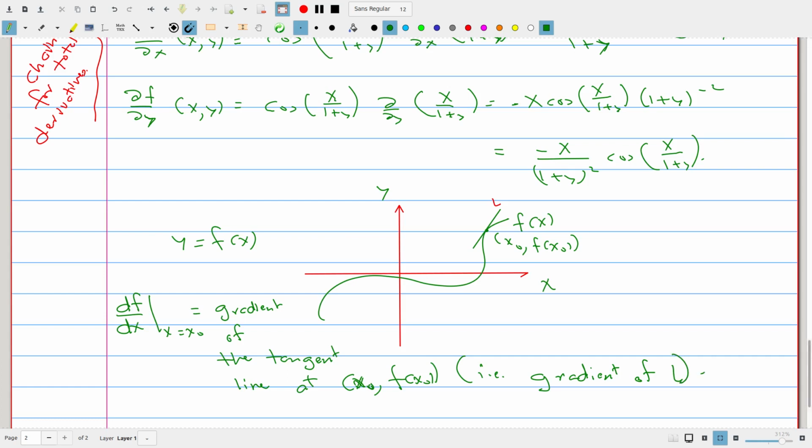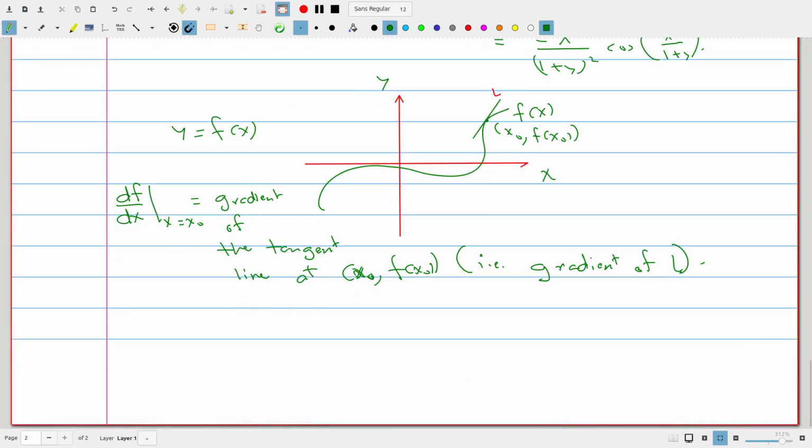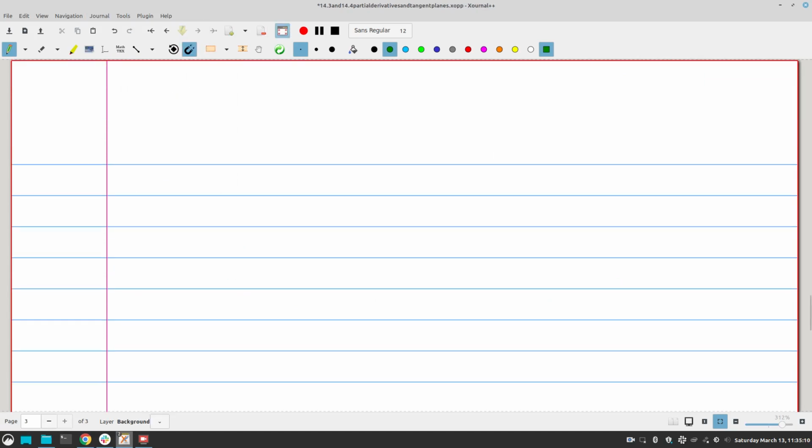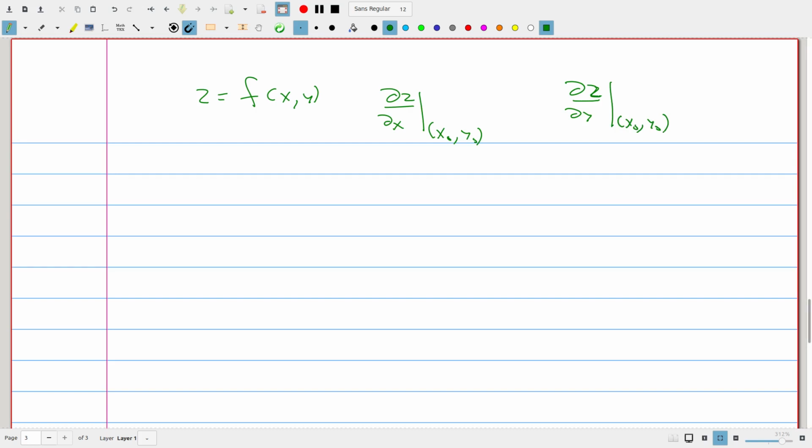Cool. So now you have a function of two variables, z equals f of x and y. I want to find the interpretation of partial z over partial x at x naught, y naught, and partial z over partial y at x naught, y naught. How do we interpret this? Well,